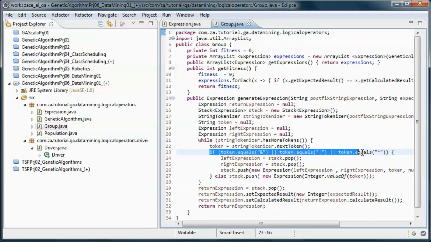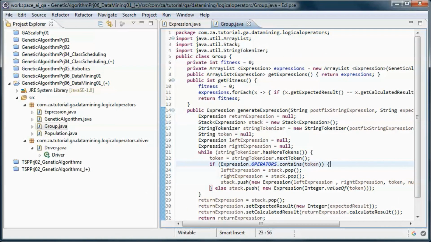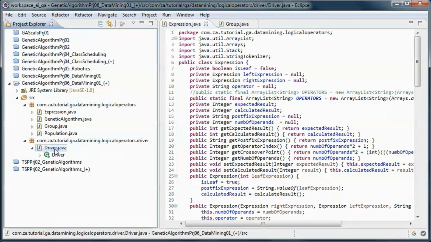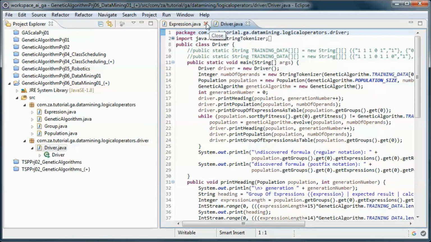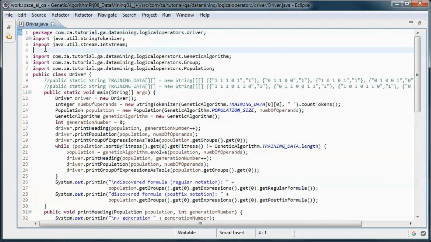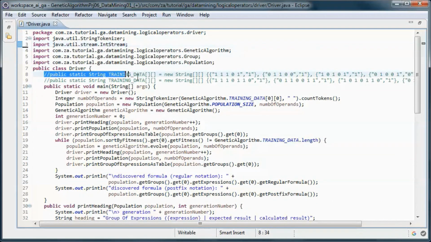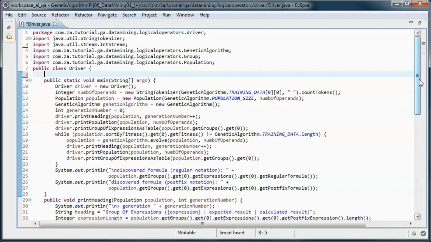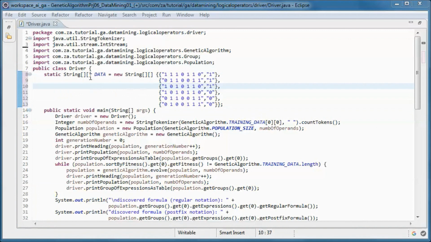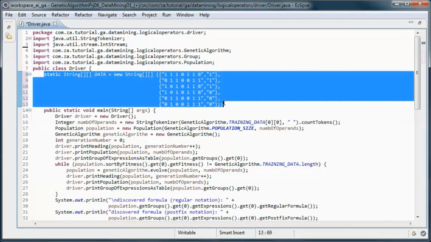And let's refactor this code. And here we'll have this hard-coded data.